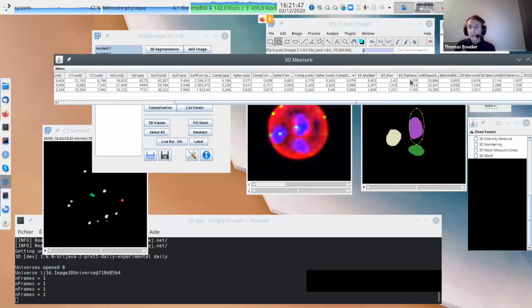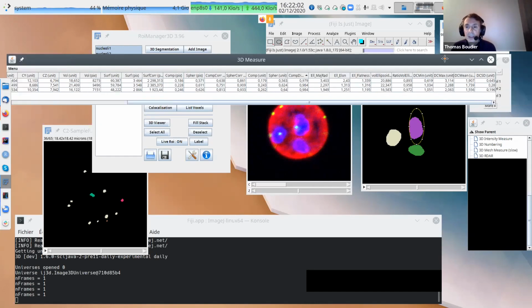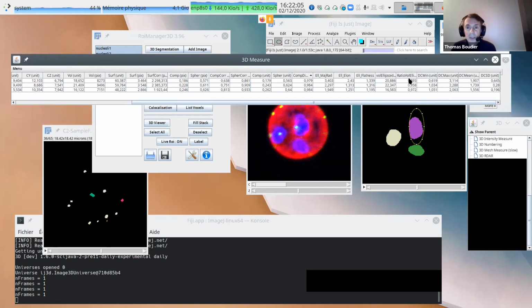If you play rugby, or more like American football, you can have an American football ball very flat if you just press it. So we have 3 radii for an ellipsoid. And then after we have the ratio between the volume of the object and the volume of the ellipsoid. If it's close to 1, that means the object is really close to its ellipsoid.